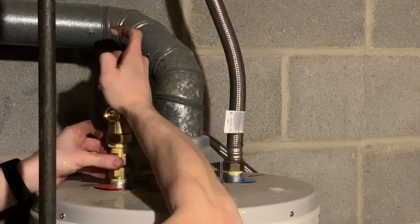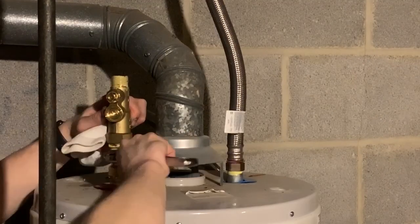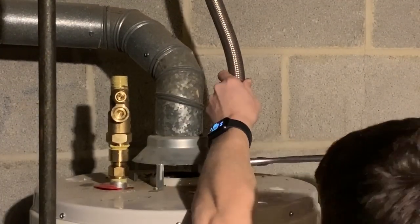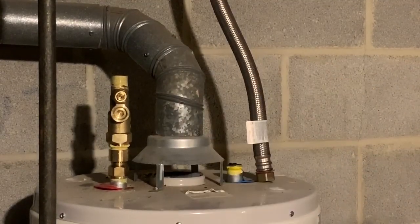Just a quick note, you're setting your tank at high. This thing then is cooling it down to 120 degrees. Why wouldn't you want to just send 140 or 160 degrees to a faucet? Because somebody would get burned. And yes, they could turn on the cold and meter it down, but this ensures that the water is never